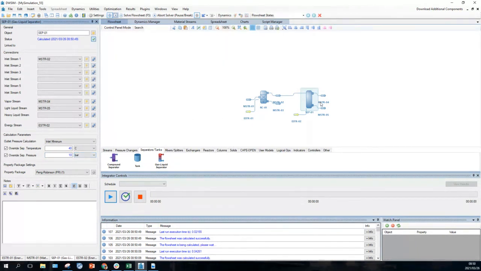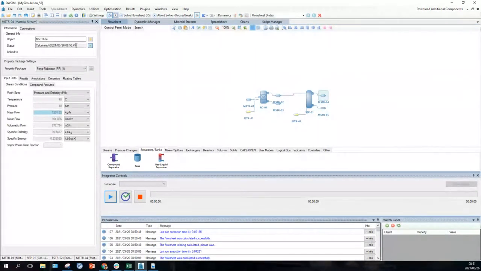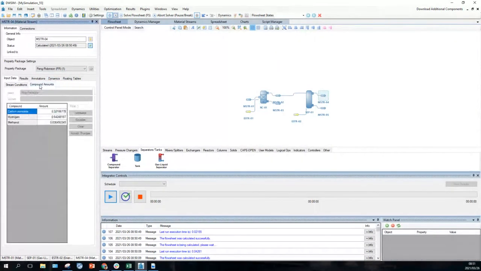Okay. So let's have a look at the stream coming out. We've got 40 degrees C, 10 bar, so it's all calculating correctly. And then we can go and look at the amounts. And mole fractions don't mean that much to me, except yes, there's very little methanol coming out. So I would rather go to, instead of mole fractions over here,